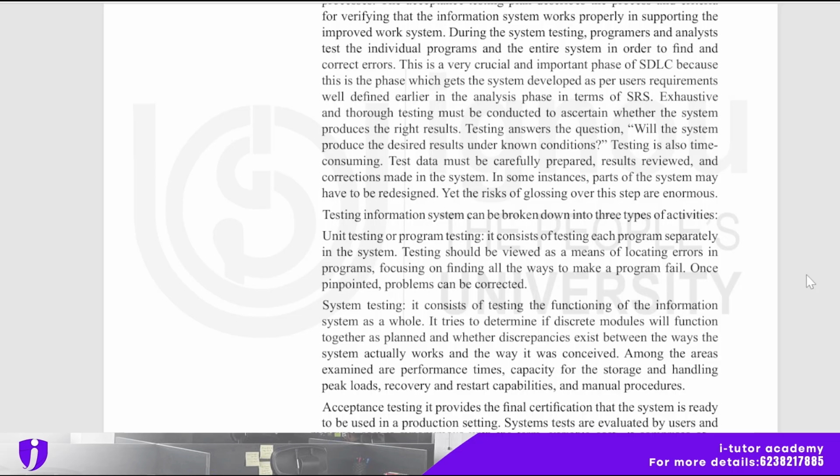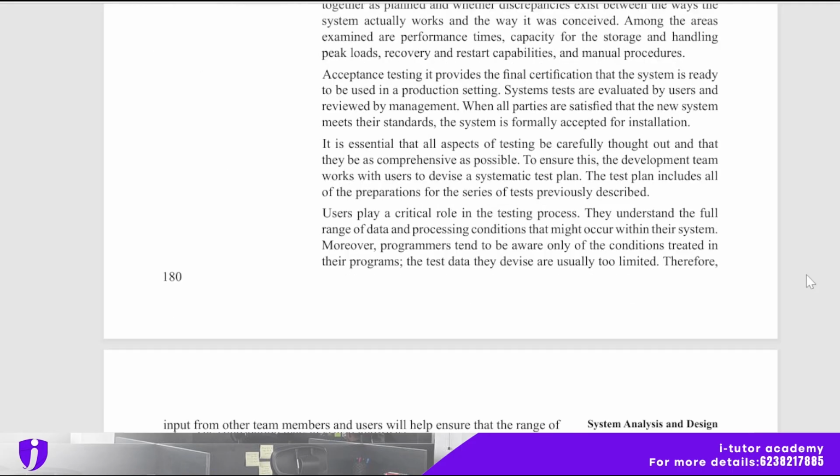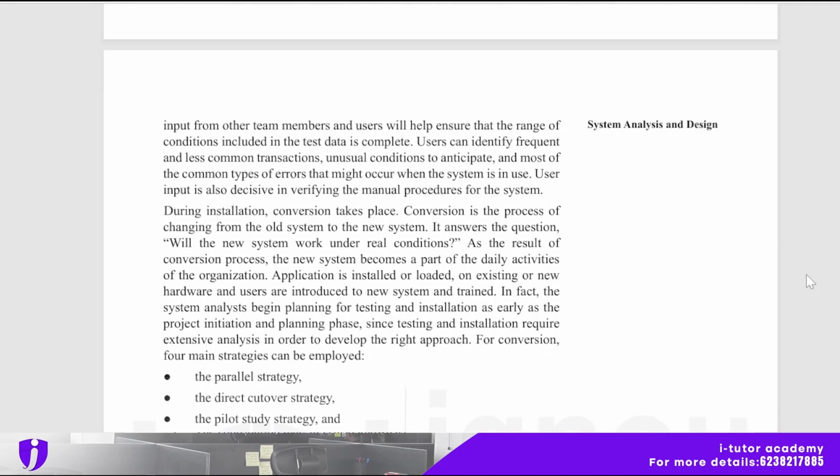It tries to determine if discrete modules will function together as planned and whether discrepancies exist between the way the system actually works and the way it was conceived. Among the areas examined are performance times, capacity for storage and handling, peak load, recovery and restart capabilities, and manual procedures. And the next one is,